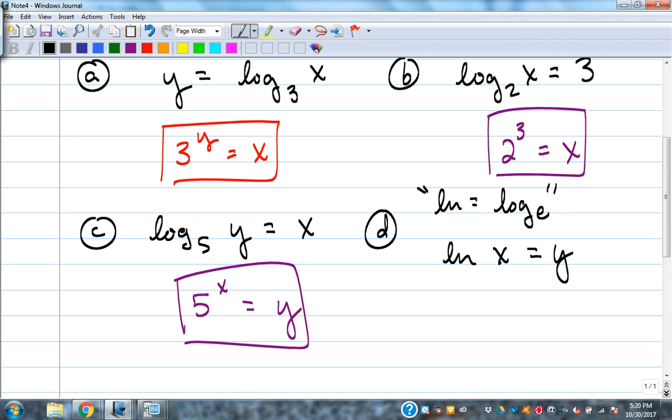So anytime you see ln, natural log, think, oh, that's log base e. The base is e. That's what you've got to think. So if the base is e, this is e with what exponent? Y. E to the y equals